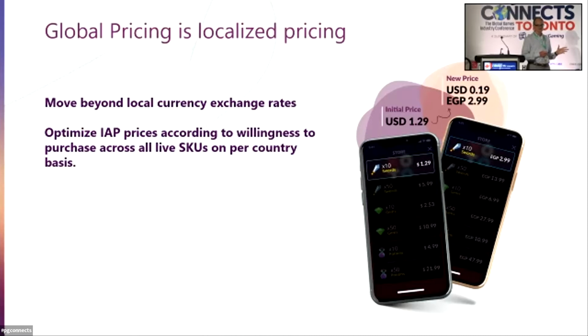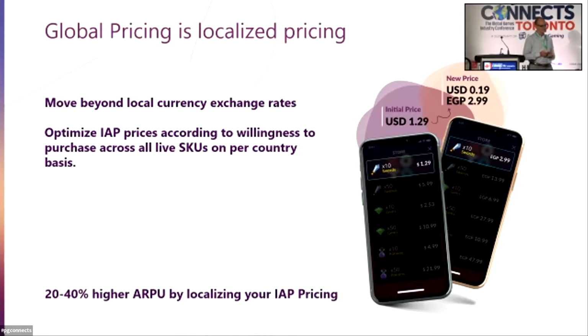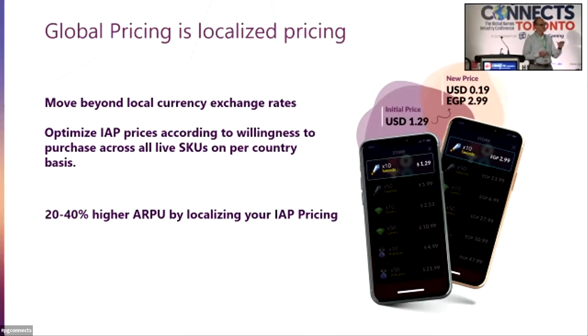I was having a conversation earlier today with someone who said, oh yeah, we did some special promotions in Brazil. I'm like, well, was that across all live SKUs? No, it was just a special offer. I'm like, okay, that's cool, but you were potentially hurting your game economy, because you've got US prices effectively in the storefront, and then the special offer was dramatically lower in terms of the reais conversion. So it became more of a mess. A horizontal price adjustment across all live SKUs is important.